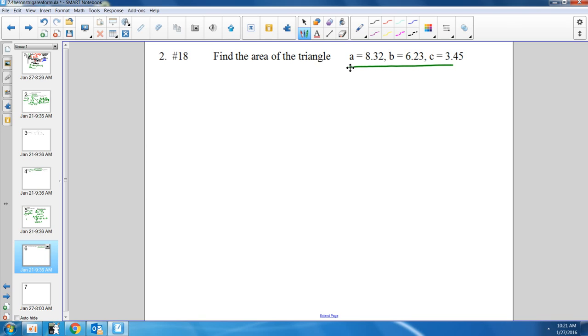Given three sides, you automatically think Heron's formula, it's that square root equation. So the area of the triangle is equal to the square root of